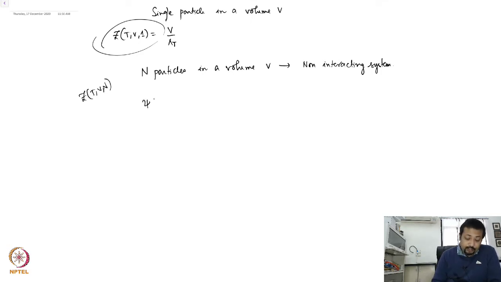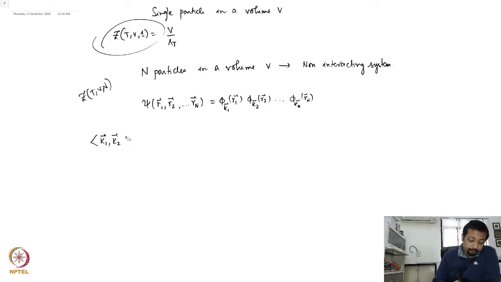The many particle wave function psi of r1, r2, ..., rN can be constructed from the single particle wave functions phi_k1(r1), phi_k2(r2), all the way to phi_kN(rN). So if I want to evaluate the density matrix, we will write this down as <k1, k2, ..., kN| e^(-beta H) |k1', k2', ..., kN'>, which is given by